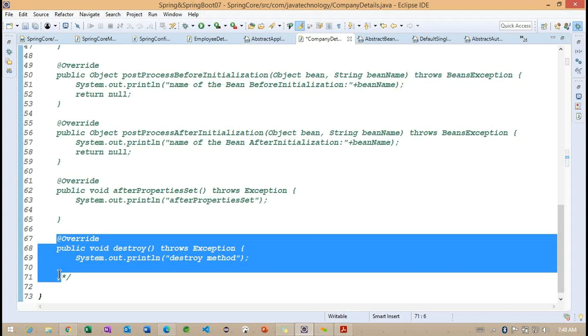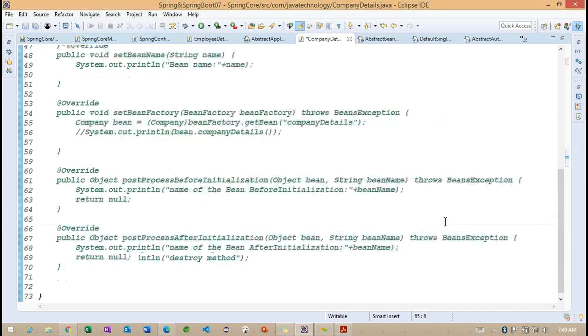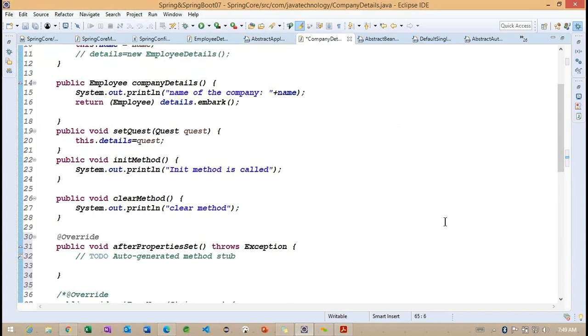If we want it, we need to implement the bean interface called DisposableBean. These are very important things to understand when working with beans, and we need to provide the basic information about what we want to do before creating these beans. Any questions regarding the init method, destroy method, and the scopes also?